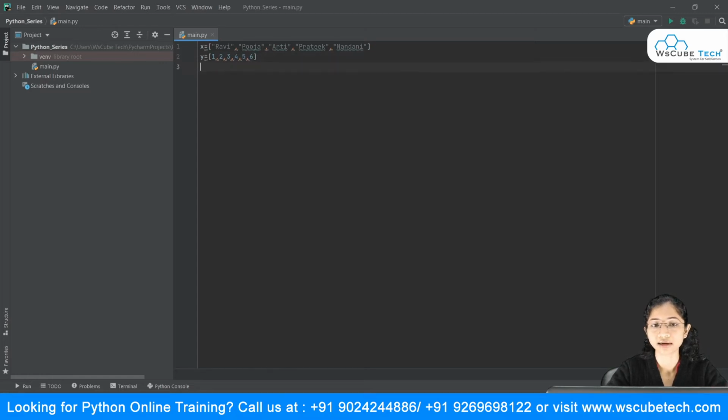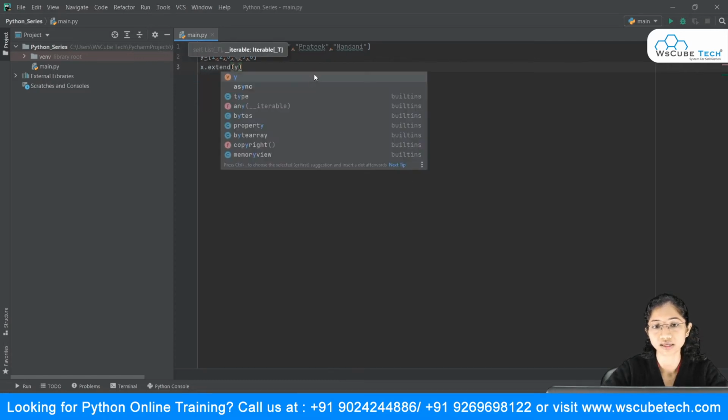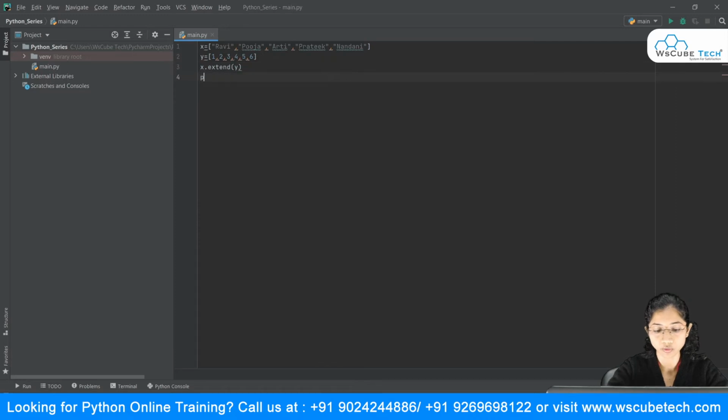Now I want to make use of that extend method. The list in my x, Ravi, Pooja, Aarti, Pratik, Nandini, and after that I want 1 2 3 4, that is extending. So I'm going to say x dot extend, and I want to extend y, so I'm passing y, and then I simply print x.